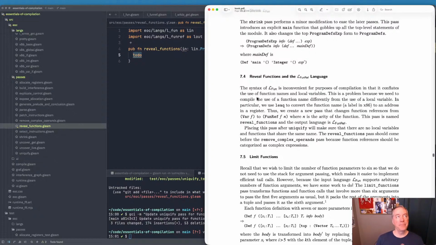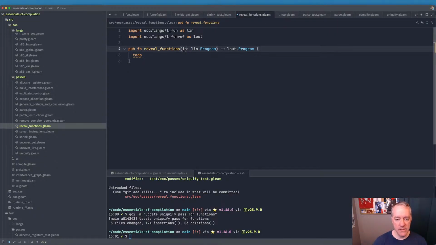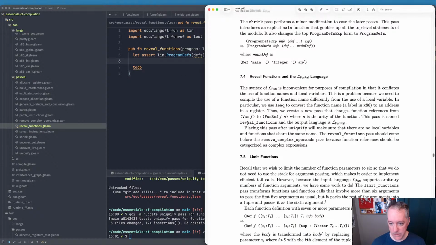Every time we convert from one intermediate language to another, we basically have to translate all the concepts there, right? So this is, let's just call it program. Okay, so what we're going to do is let assert